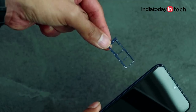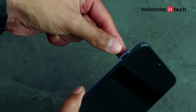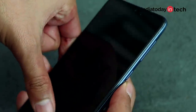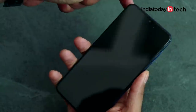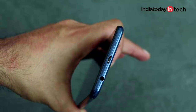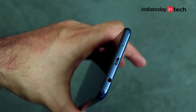It is a triple slot tray which allows you to add a micro SD card for storage expansion and 2 nano SIM cards. On the right, you'll see there is the volume rocker and the lock button, which are quite tactile and have very good feedback. They're jutting out of the body in a very nice fashion and they give a very clickety feel. Also, they are quite reachable, and the phone being quite big at 6.22 inches, this is a nice placement of both these buttons. At the bottom, the phone has a micro USB port, primary microphone and a 3.5mm headphone jack,